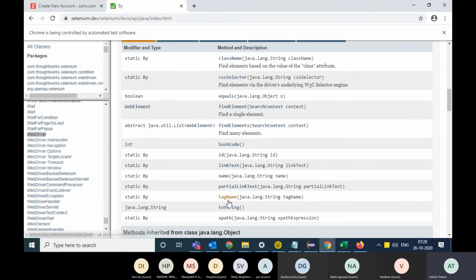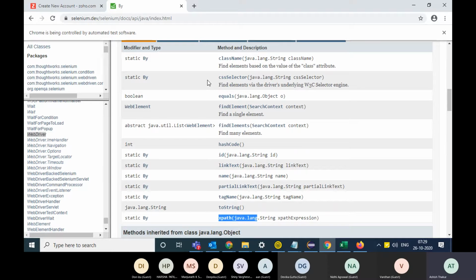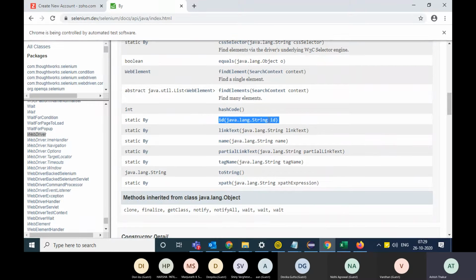Like for example, you identify it by ID, or you can identify by link text or by name. Okay, by the partial link text. And there are a few other things like XPath or CSS selector or class name. So these all are the mechanisms with which you can identify the elements on the web page, and we are going to study them one by one. Right now I am interested in ID and name because they are the simplest ones.